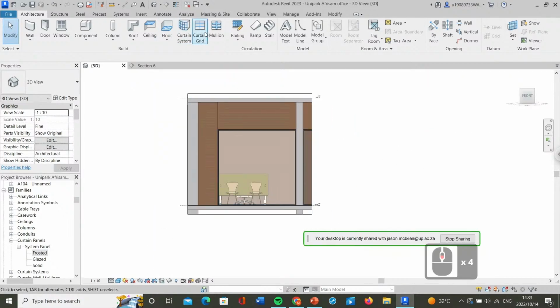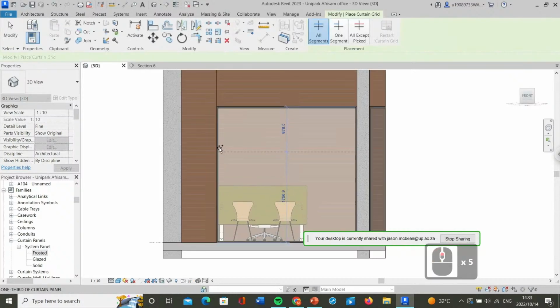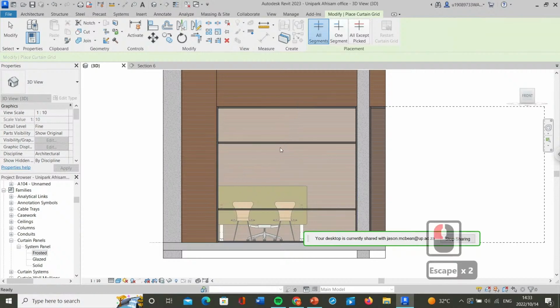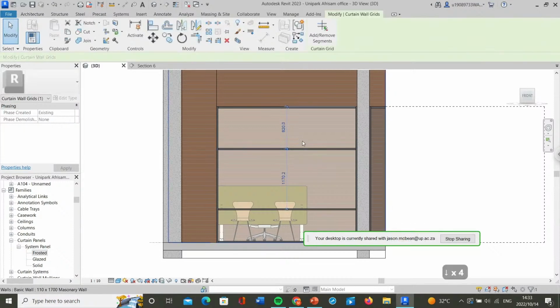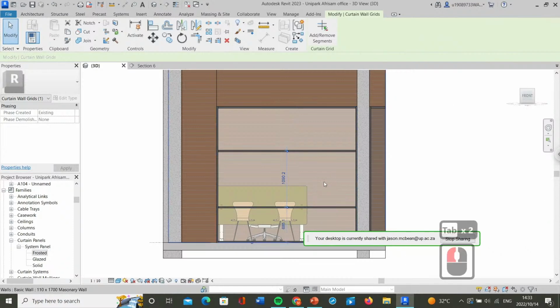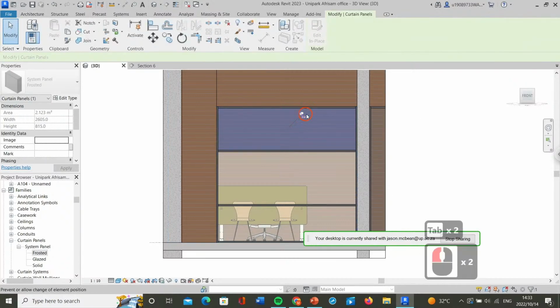Okay. Now, I want to go and add in, so let's just say I want a panel there and I want a panel there. What it does is it makes a grid, so if you keep tabbing, you can grab the grid and you can move them, you can use dimensions, do the same here, tab, get that guy. Okay, so now these two, so now you just exit tab until you get the panel, unpin that one,